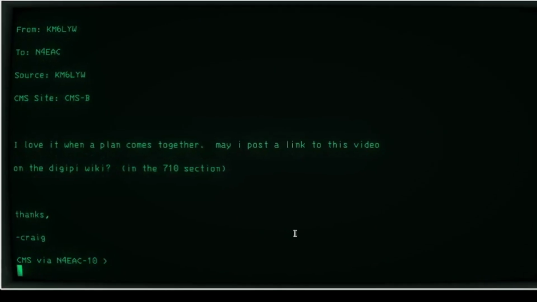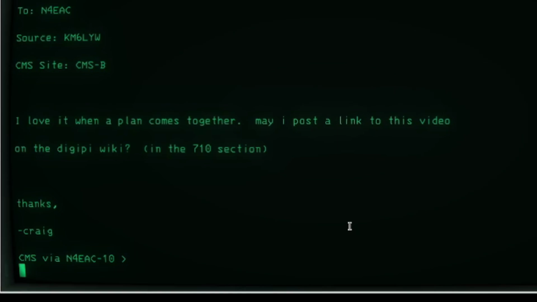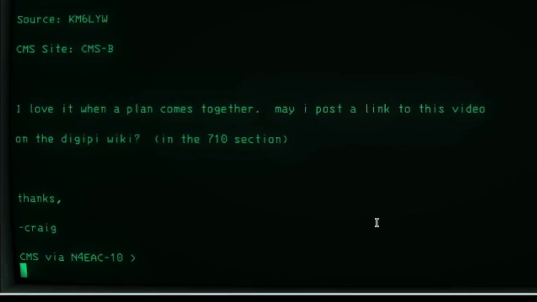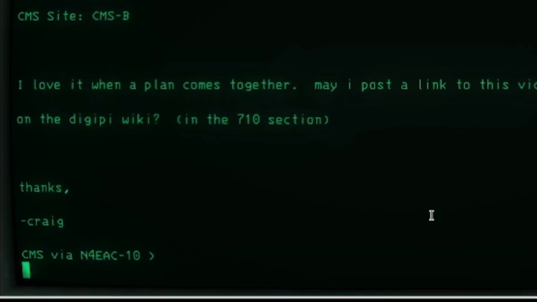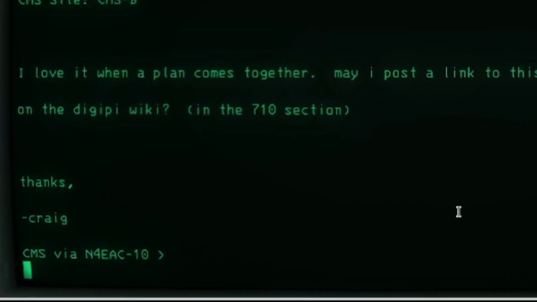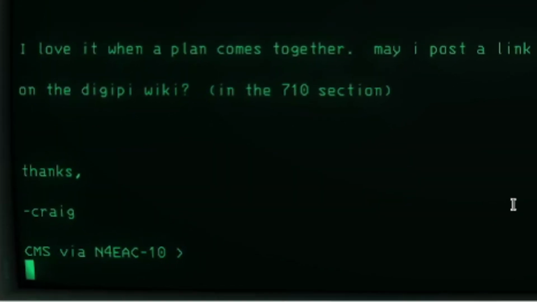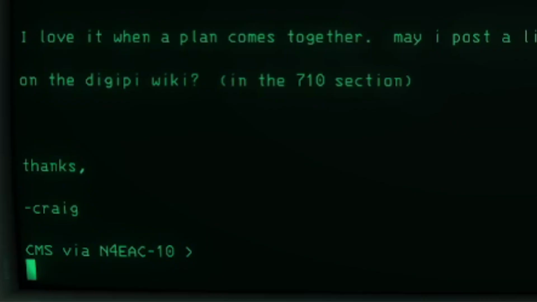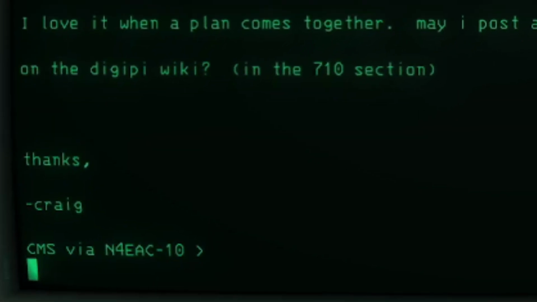All right, so this is a message, an exchange that I had with Craig in California. So let's say now you want to send a message back to Craig, or maybe you want to send a message to somebody else. I don't know. Let's do that. I'll send a message to Craig. I did send a test message earlier today, but I can send a second one, just to fill up Craig's inbox. How about that?